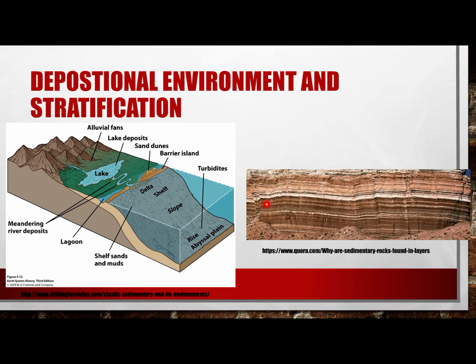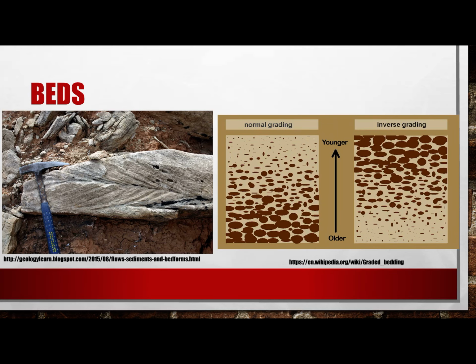And we can also see stratification. Stratification is just the layering of the different sediments put into different bands. You see all these lines here, these are all layers, and each and every one of these is a bed. Beds are simply the stratified layers, the ones that have a unique signature. Now, some of these are massive. Some of them are made of the same stuff that's piled up really deep.